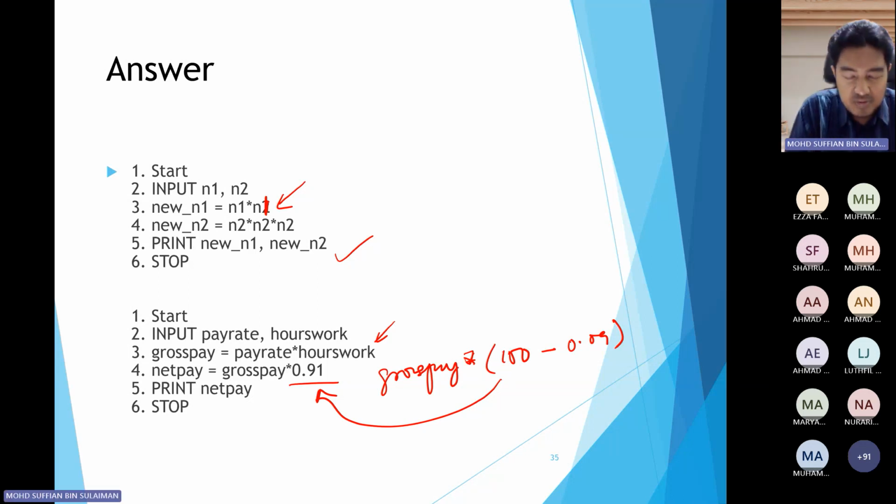So it will be what we call as proud of your family lah, when your family look at you on the stage nanti. Okay, hopefully